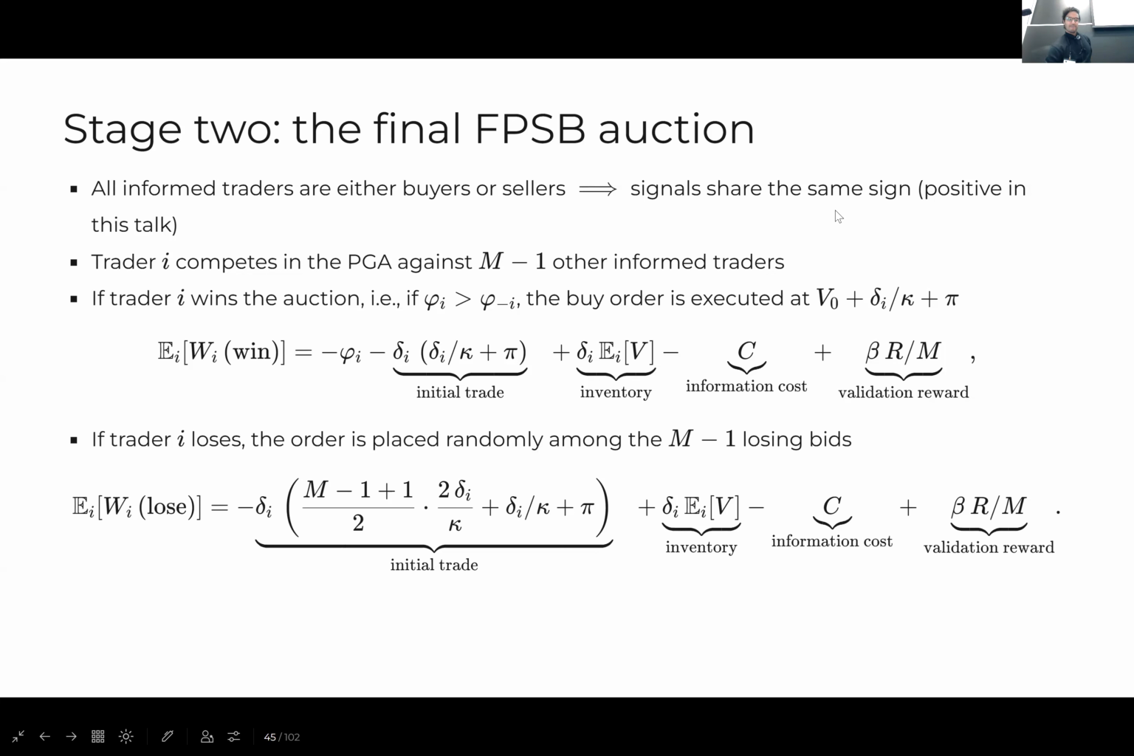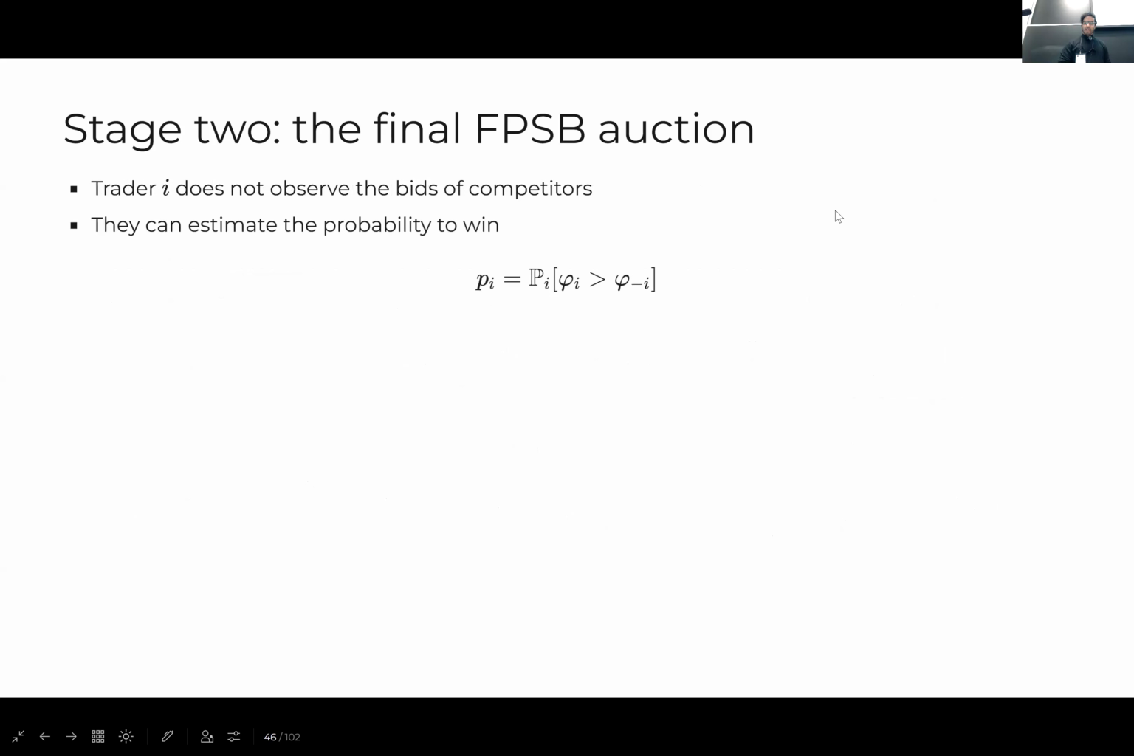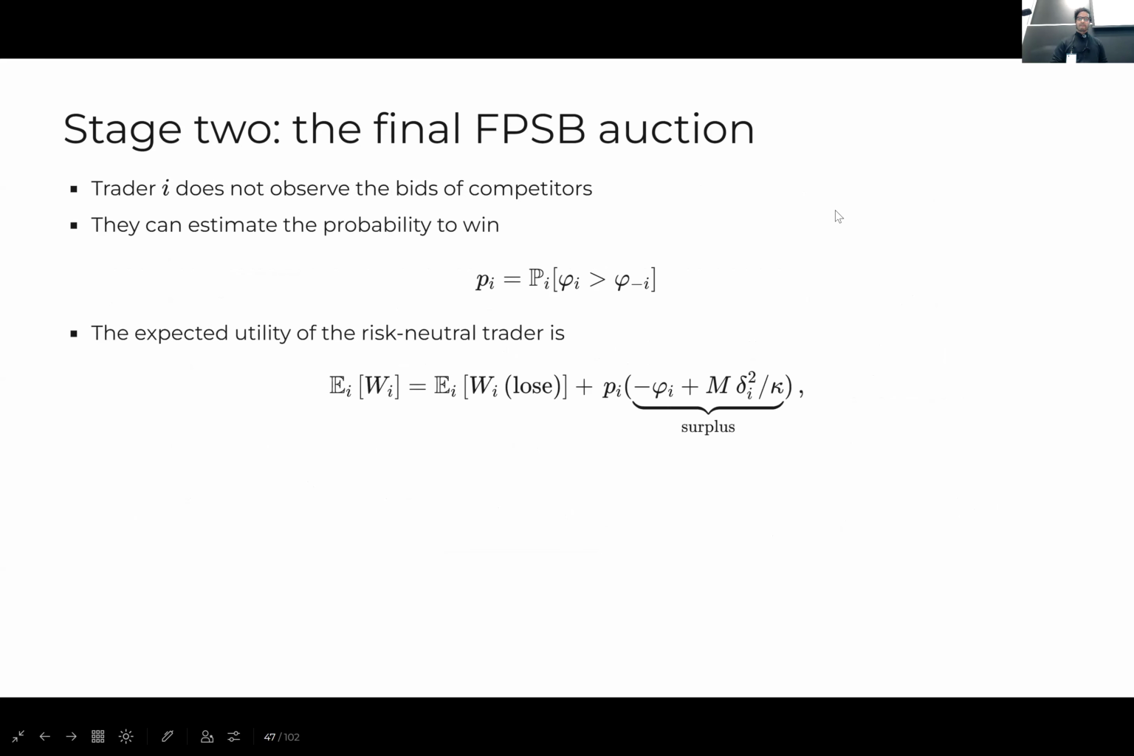Still have 15 minutes. Okay, so I know my expected wealth if I win and my expected wealth if I lose. I do not observe the bids of other competitors. However, I can estimate the probability to win, which is the probability of my priority fee being larger than all other priority fees. And the expected utility for me as trader i, as a risk neutral agent, is